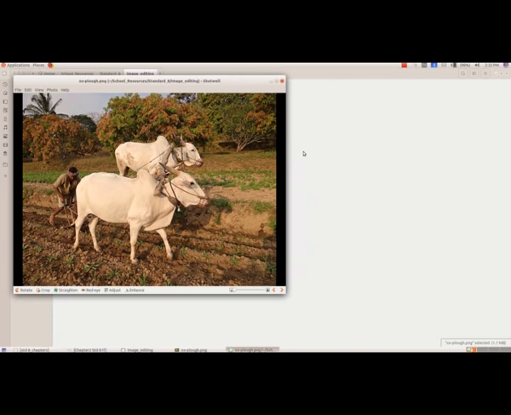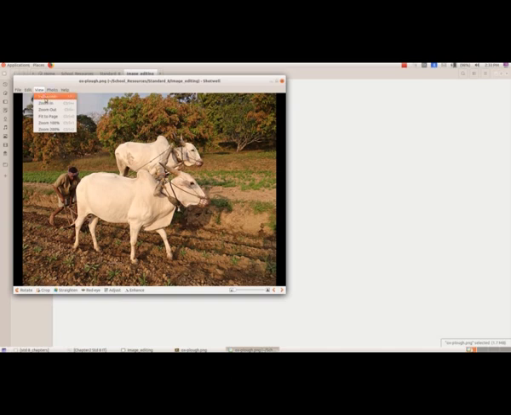So this is the window of Shotwell, and here we will get the file name, the extension, and along with this we will get the folder in which we have this image. And here we have the different menus such as file. Under file we have save as, print, send to, set as desktop background, show in file manager, and quit. The next one is edit. We haven't selected anything, so then view full screen.